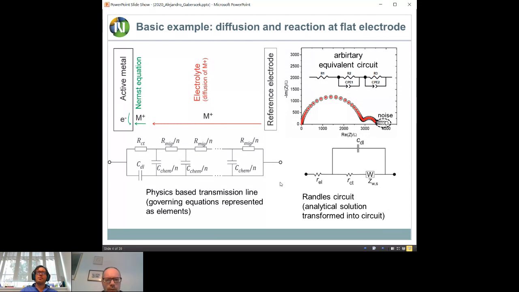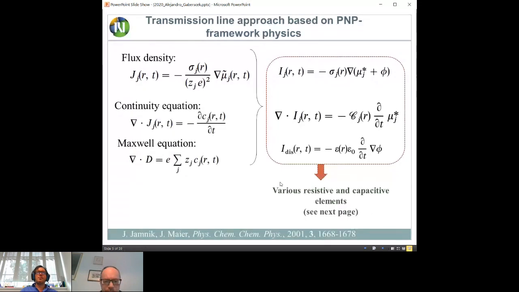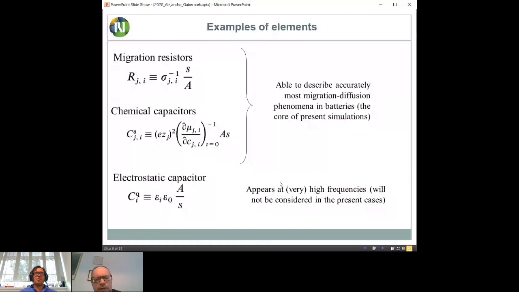So, the transmission line approach based on PNP framework physics. If you have governing equations like those on the left, then you can rewrite them in a way that you have a correlation between current. So this is something that you want to have, and then the parameters that correlate these two quantities are either resistors or capacitors. And then you can, of course, define resistors and capacitors, and typically wherever there is transport,